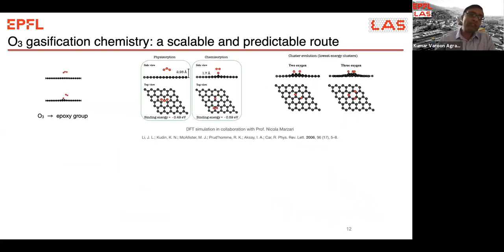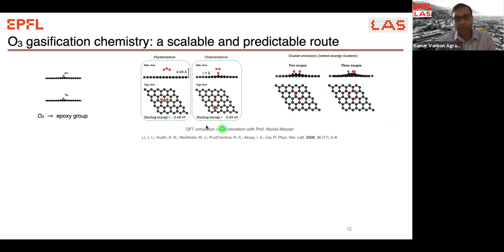So in our group in 2016, we started looking at something that we thought was more scalable: just a gas-based ozone etching chemistry. We just kept the ozone part because we could fill the ozone in a large reactor without worrying about the distribution of light. If you look at the interaction of ozone with the graphene, it's very interesting. When ozone arrives at the graphene lattice, it forms the epoxy group, and the oxygen leaves from the lattice, right? And this reaction goes at quite a rapid rate, because the binding energy of ozone onto the lattice is about 0.49 electron volt.